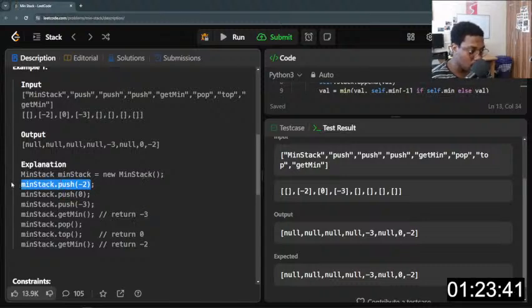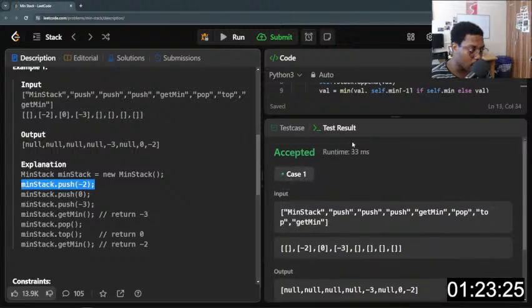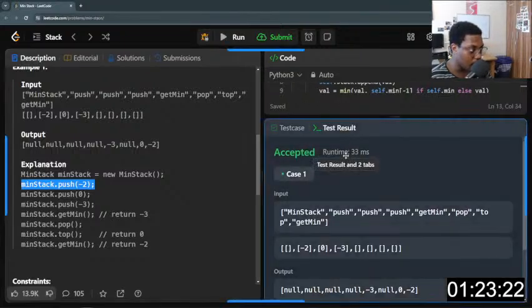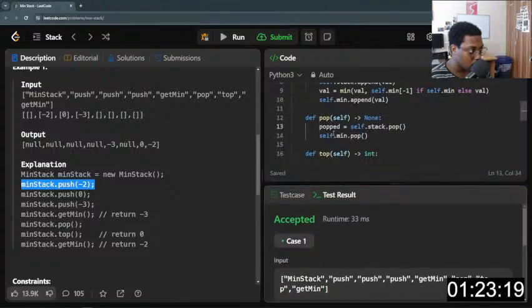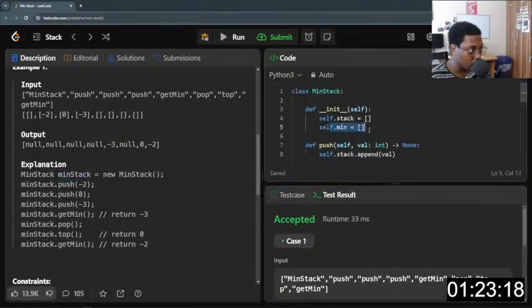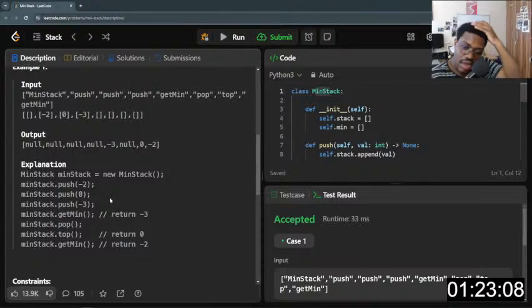We push negative 2 onto the stack. We push 0 onto the stack. Well, we compare 0 to negative 2. If 0 is not the minimum here, we keep negative 2 on top of our minimum array, right? Or minimum stack. I'll just call this min stack, although the class name is MinStack, right? So what really happens here is,